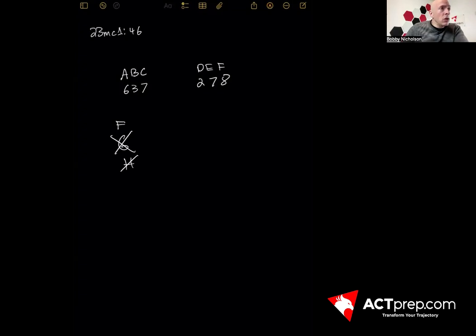We could have also eliminated K when we eliminated G because it's also related to B and E. So A and D is going to be the determiner here of whether or not these numbers are 100 units apart. And one thing it says in the passage is that the whole number difference, or the positive difference, rather, I'm sorry. And the positive difference just means it doesn't matter which number is bigger. So